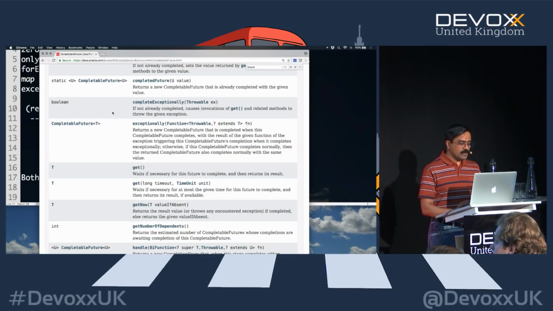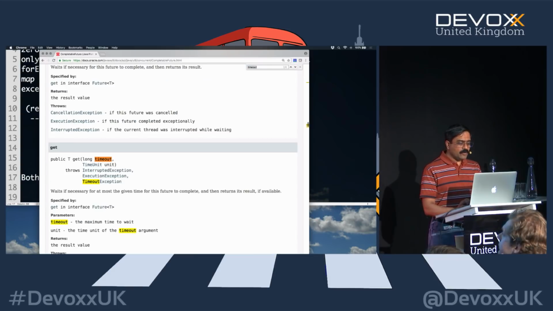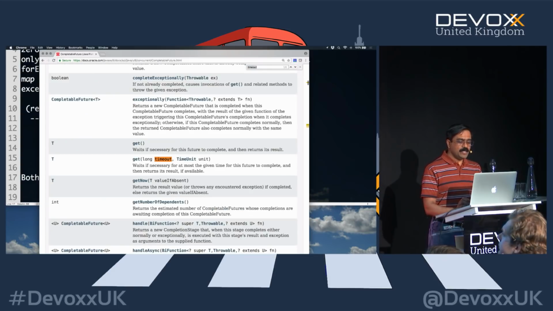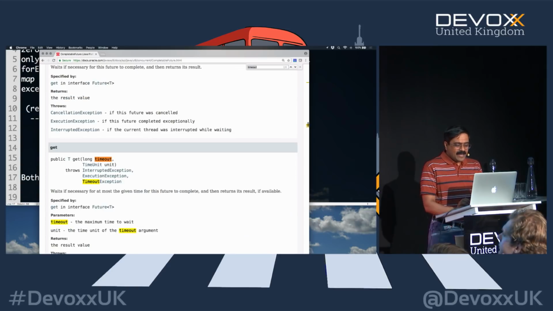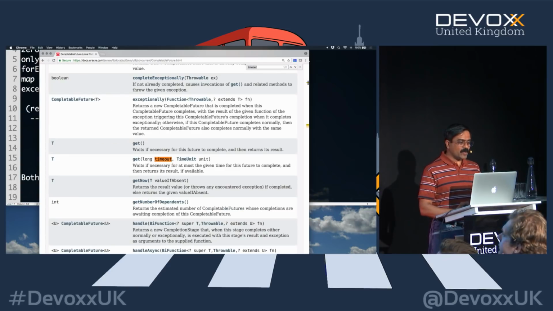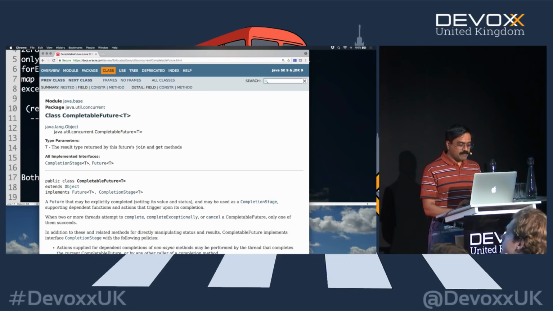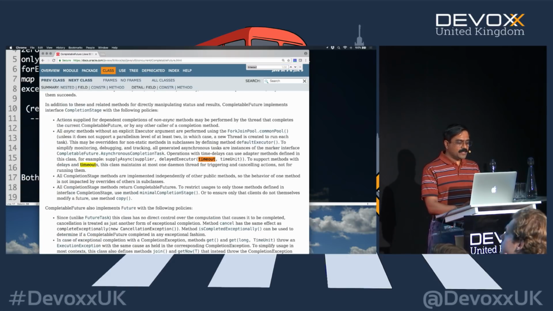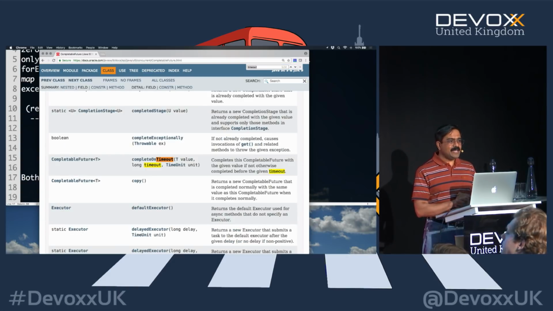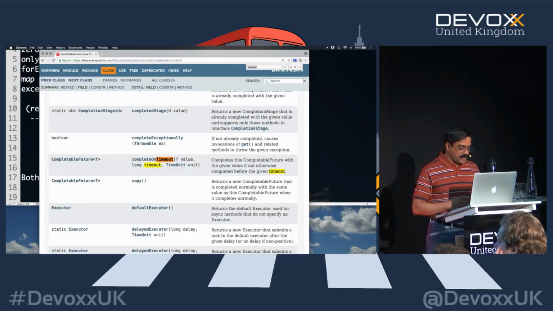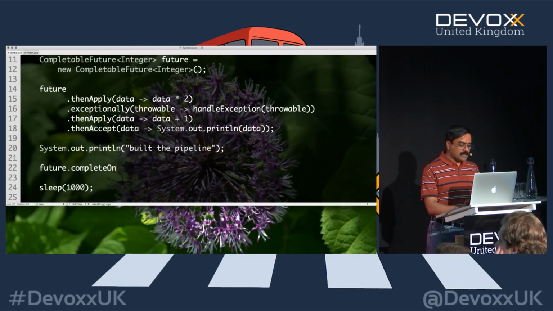if it is on timeout. Real quick, I'm in the Java 8 API right here, and if I look for timeout, notice there's really no method with timeout. The get with timeout, but we know get is really ugly. We don't want to do this. So let me switch over to Java 9 right here in the API. And now I look for the word timeout, and notice at this time, I have a complete on timeout. That's the API added in Java 9. You didn't see this a second ago in Java 8. So I'm going to say complete on timeout.